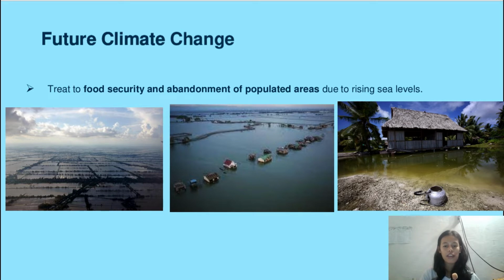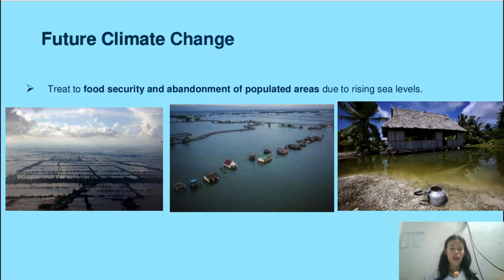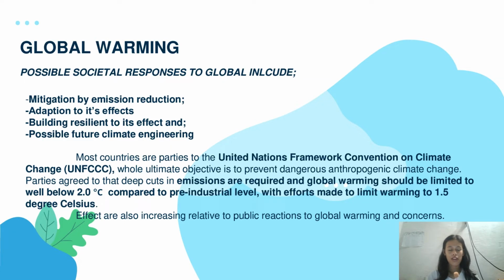So people living in the seashore or sea level areas were predicted to leave those places in the future as the sea level is rising. Also, there are possible societal responses to global warming. These include mitigation by emission reduction, adaptation to its effects, building resilience to its effects, and lastly, possible